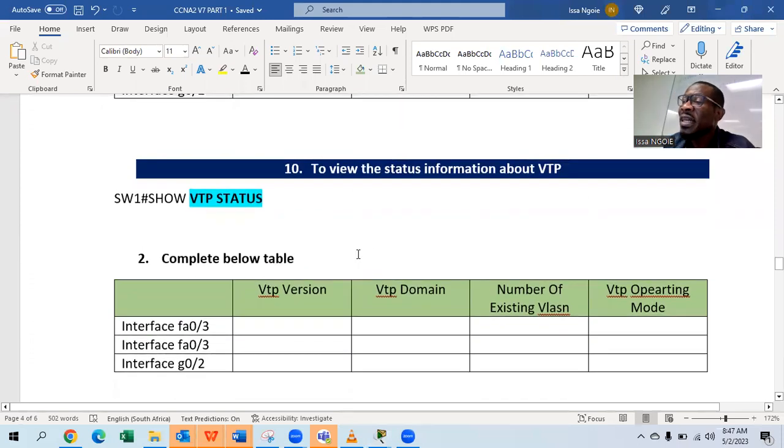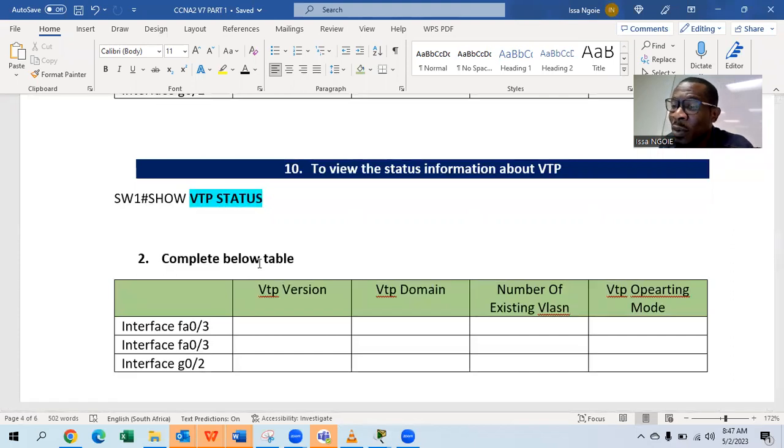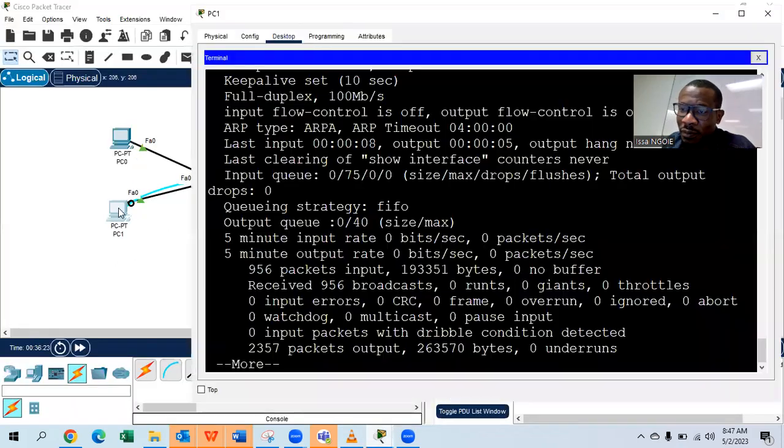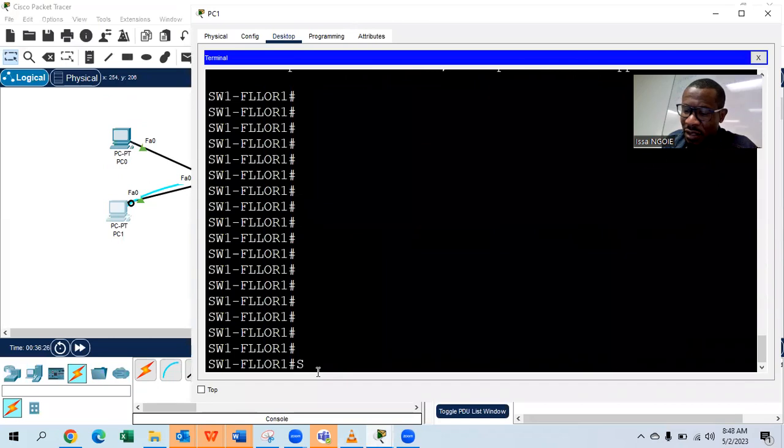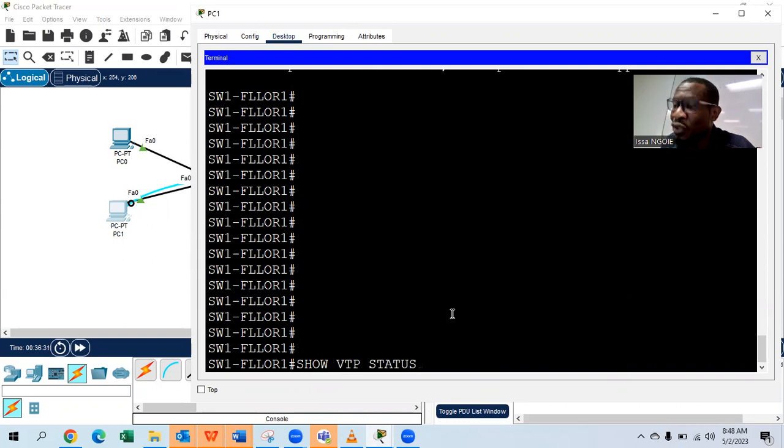Now, remember that we configured VTP, VLAN Trunking Protocol. How do you check your VTP? You can only say what? Show VTP status. You know what a VTP is, right? But we are going to talk about it later on. You can just go here and say show VTP status. You want to learn about your VTP. You want to discover some information related to your VTP